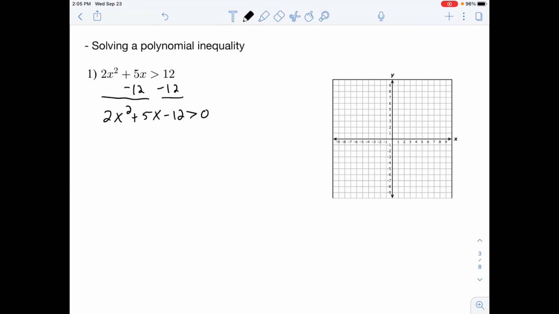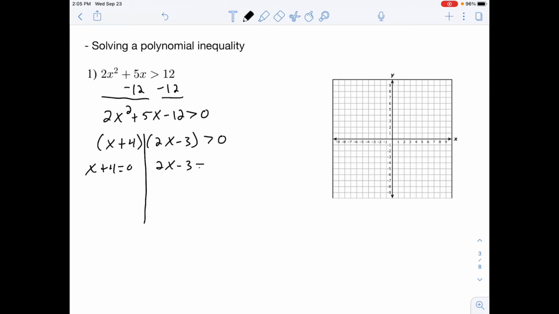So now, of course, we want to see if we can factor this, because that would be great. And it does actually factor. It factors to x plus 4 times 2x minus 3. And now what we want to do is set those equal to 0 so we can at least find out where it's crossing the x-axis. So when we do that,